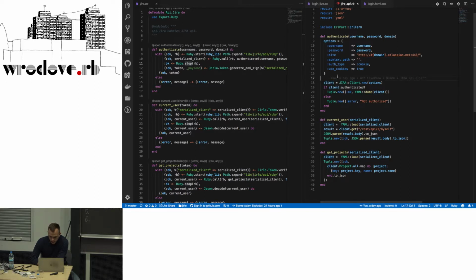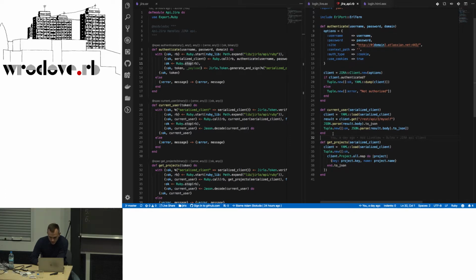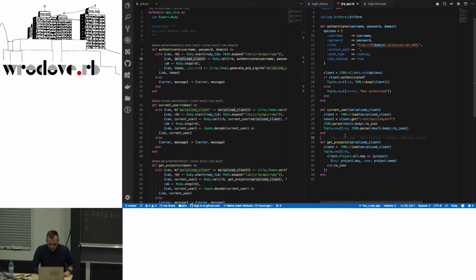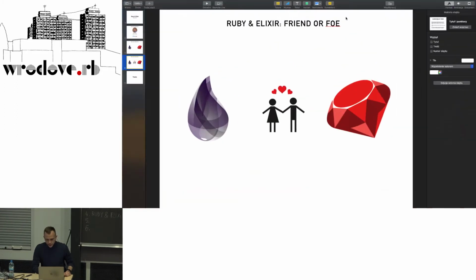So in order to not authenticate with the same credentials each time I want to make a call to an external API, I solved this problem. Probably it's not the best, but it works. I serialize those objects, then I can receive it here in the Elixir environment, turned into some sort of JWT token, and return. Yeah, and actually, that's all. It works really good, and I recommend trying it.